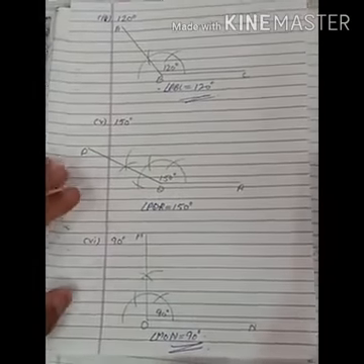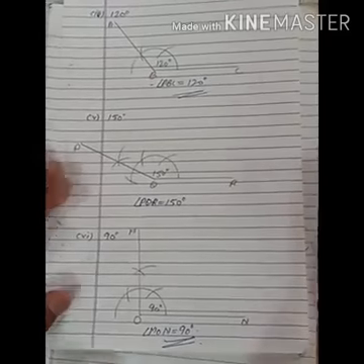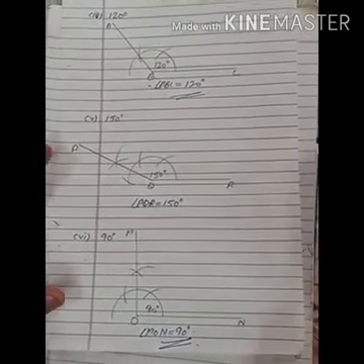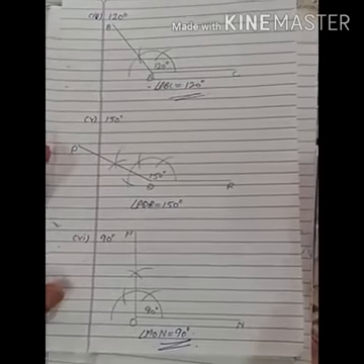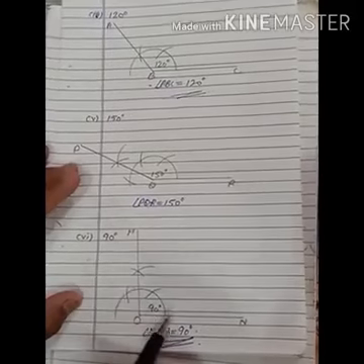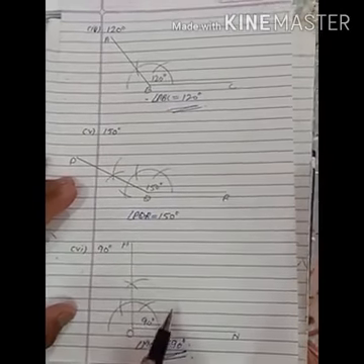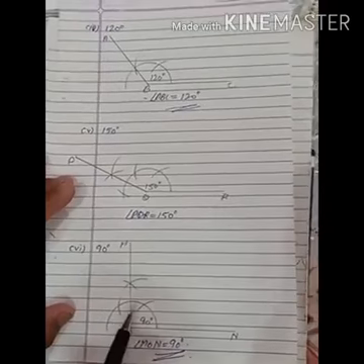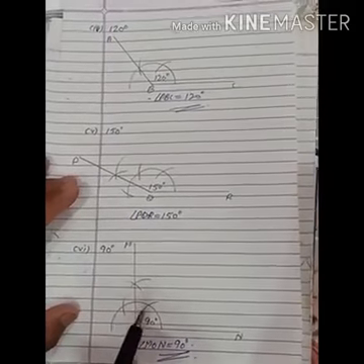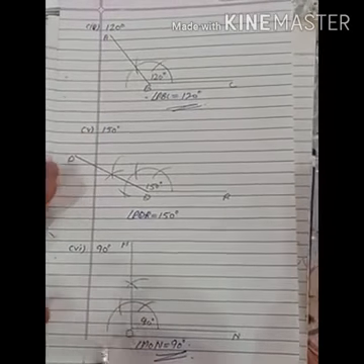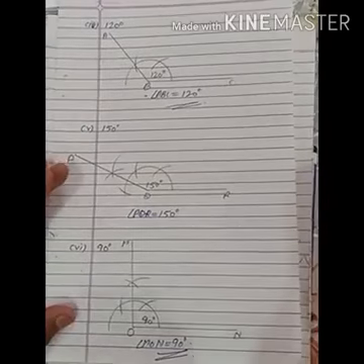Students, listen about 45 degree. Suppose you have to draw a 45 degree angle or construct 45 degree. What you will do? You will do the half of this 90 degree. For 45, first of all we will construct 90 degree. Then we will do the half of 90 degree. Then we will get the 45 degree angle.